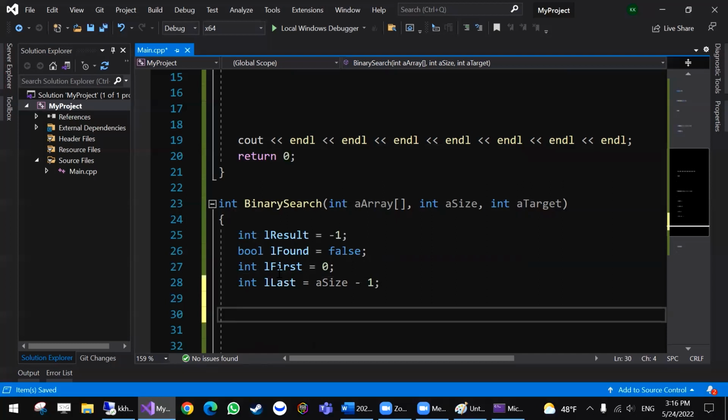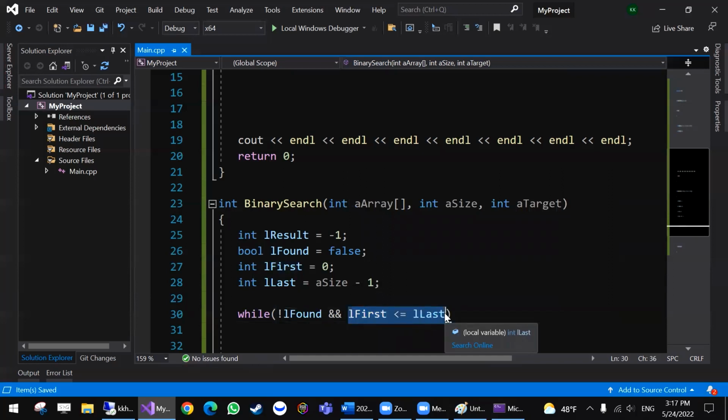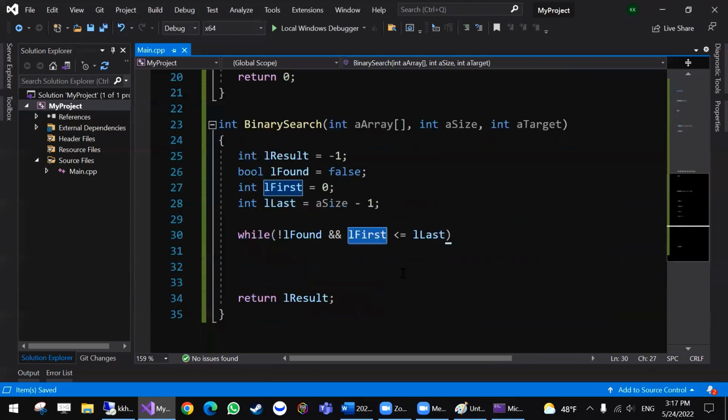Then I'm gonna do a similar loop while it's not found yet, and while first is less than or equal to last. So while I still have a group of data, once first becomes above last, I should stop. There is no point of continuing, because first and last will be modified throughout this. The boundaries are gonna change every time I splice or slice